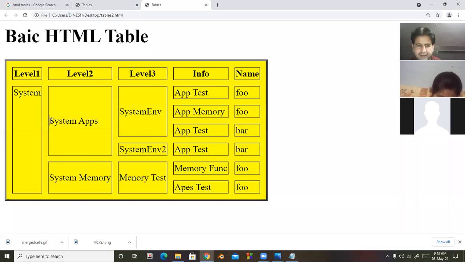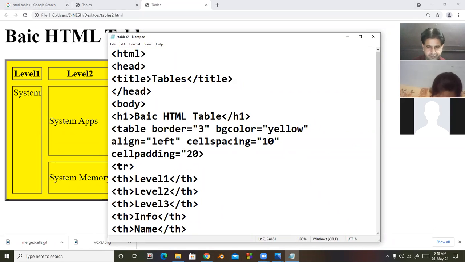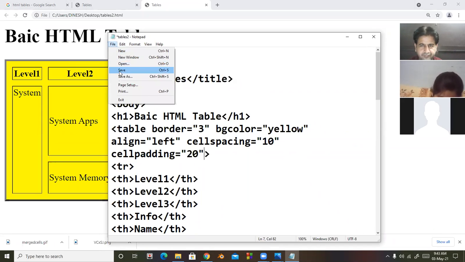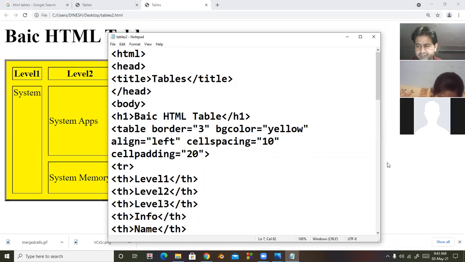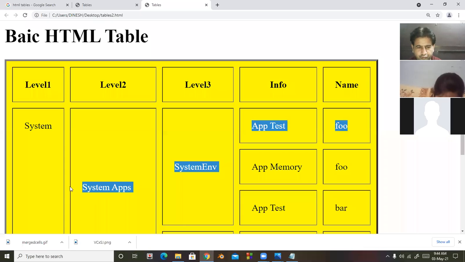If I want to give extra space on the 4 sides of your contents, there is cell padding. So look at here, the difference. So extra space on 4 sides.